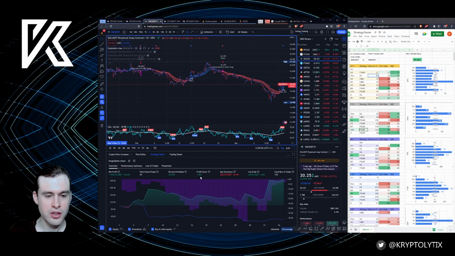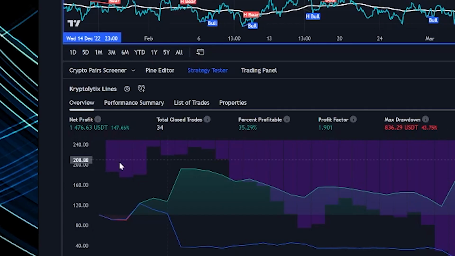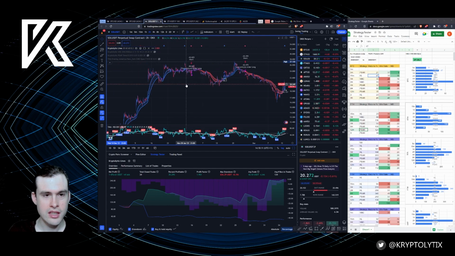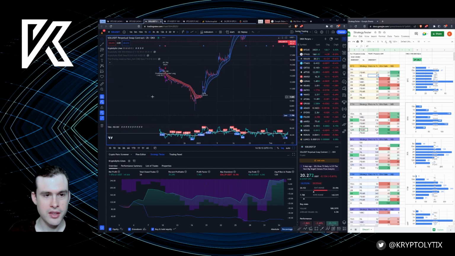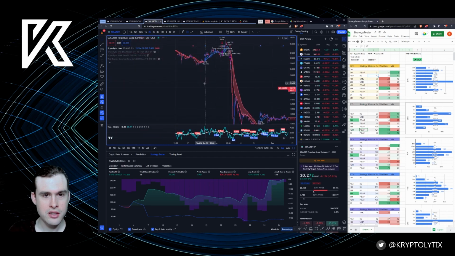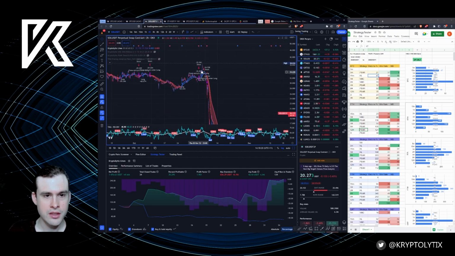So if you look at the percentage profitable, yeah, this is what you want to look at when you're really comparing a strategy, and it's how much profit you actually make from it. Because yeah, it does get frustrating as well when you get chopped out, admittedly, and that usually happens during consolidation periods where, for example, this would be so annoying to be in, to be honest.